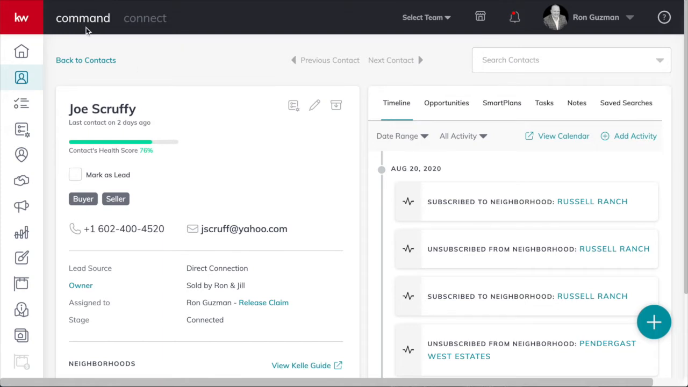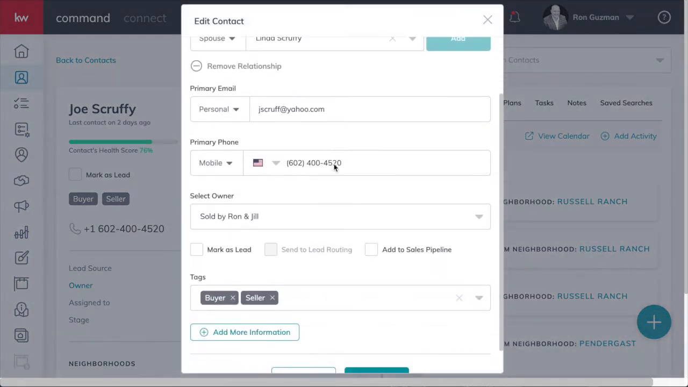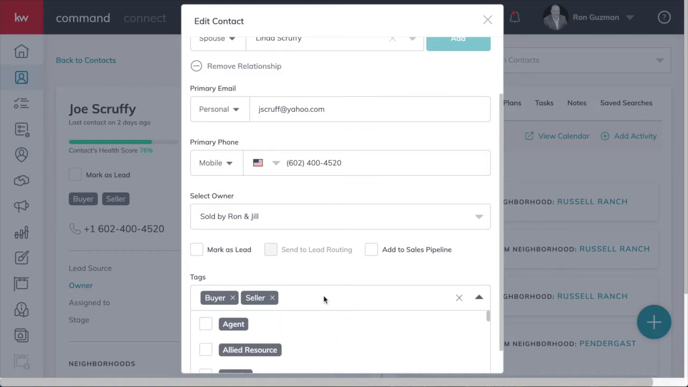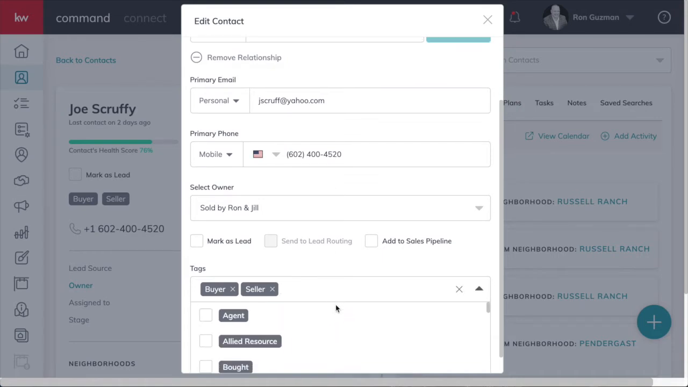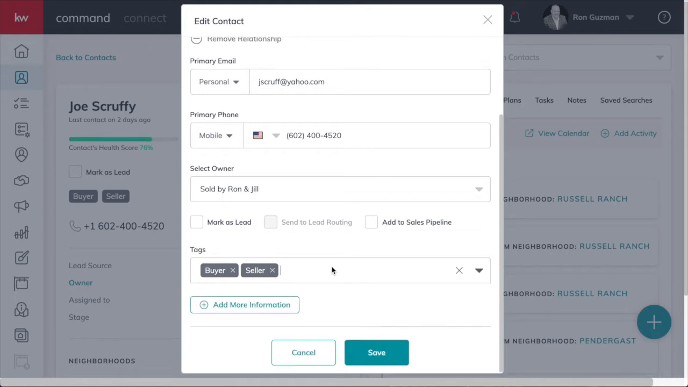Now, you'll go into your contact, say you got Joe Scruffy right here, click on Edit. Then you'll just scroll down here to tags. Now, let's just say that I wanted to put a tag on here for Texas because Joe Scruffy came from Texas. And I'm looking down through my tags. I don't have one that's Texas. So I'll just right here enter in